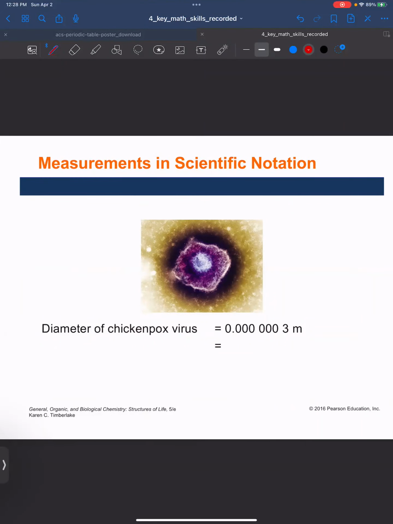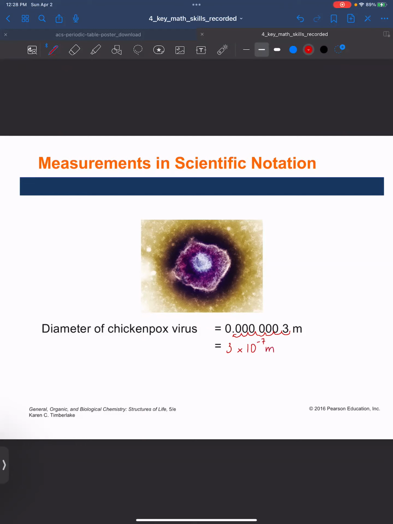So let's go ahead and write the diameter of the chickenpox virus in scientific notation. You can pause the video right here, try it yourself first, and then check your work with me. All right, so if we put the decimal point here, how many spaces did you have to move over? Let's count. 1, 2, 3, 4, 5, 6, 7. So write the non-zero number 3 times 10 to the